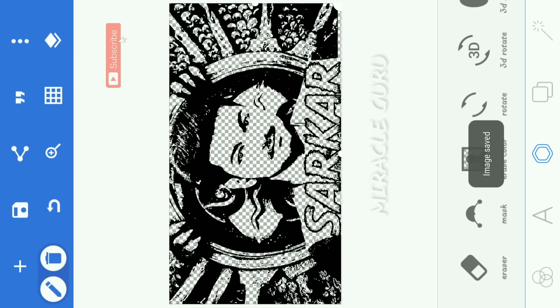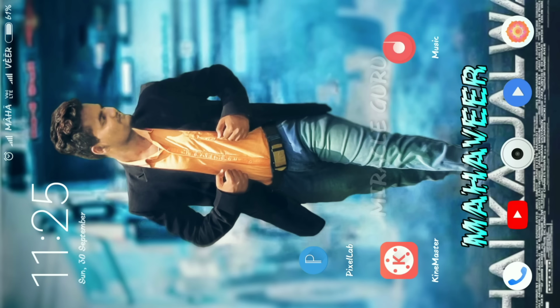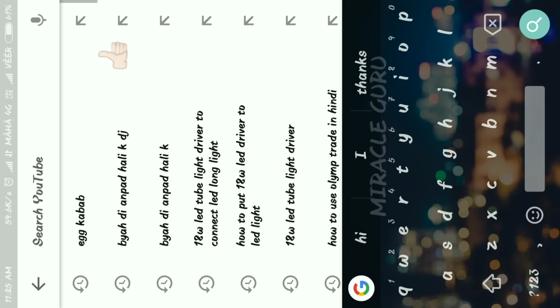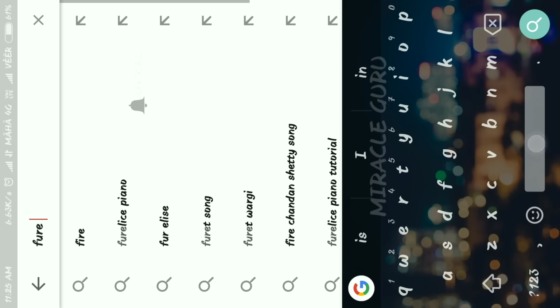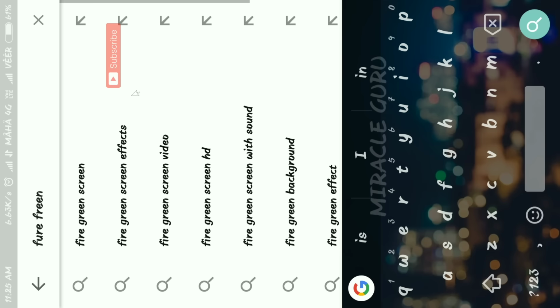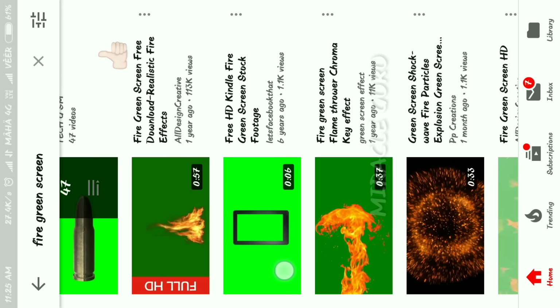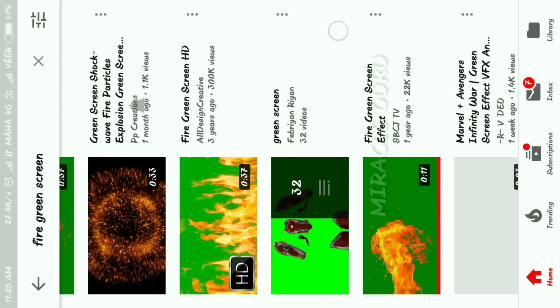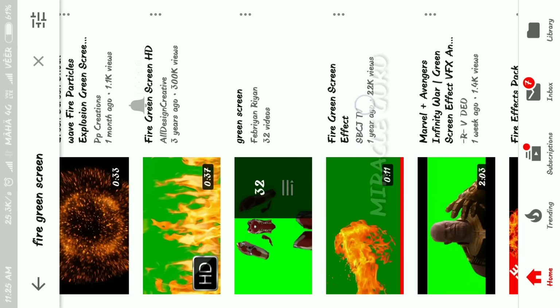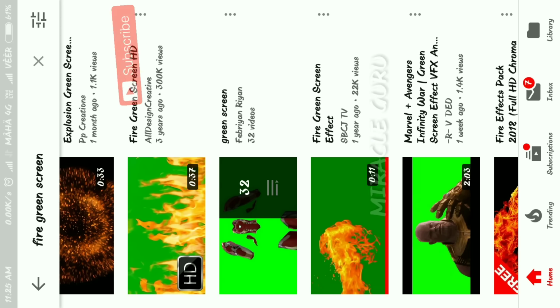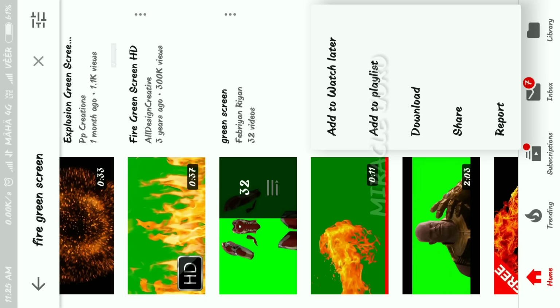in the gallery. After that open YouTube, then type fire green screen. Okay, then select that 11-second video, scroll up. Oh, this is one 11-second video, then click the 3 dot option and share it